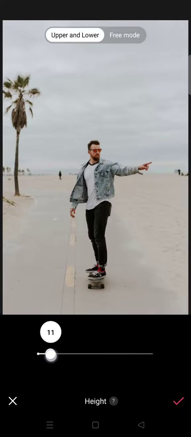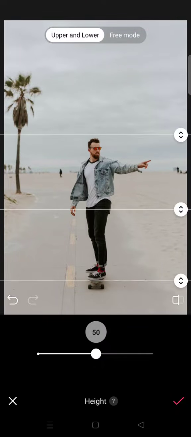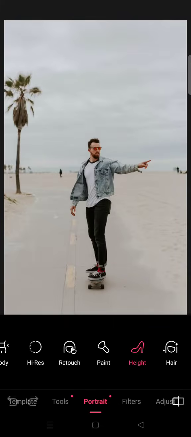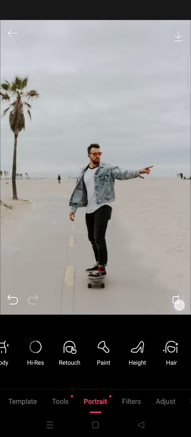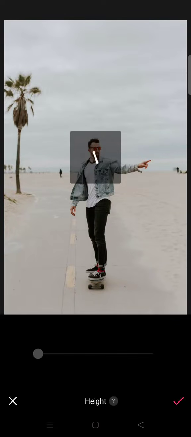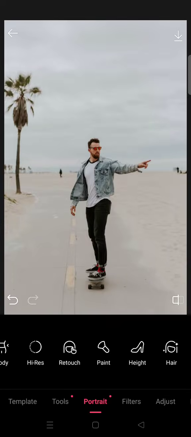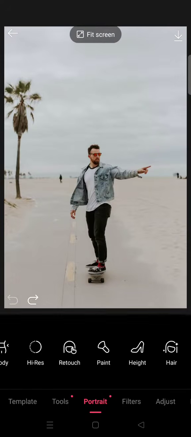Okay, I'm going to make it go like this, and if you're done, just click on the check icon right here. Okay, so you can see the difference. Now it goes like this. So that's the upper and lower. You can also use the free mode, so I'm going to just undo what I did and